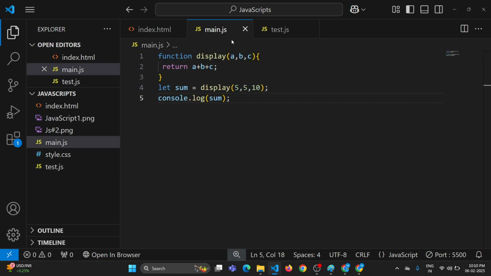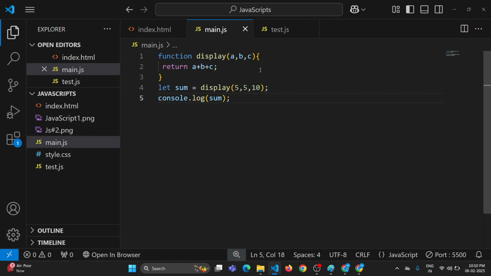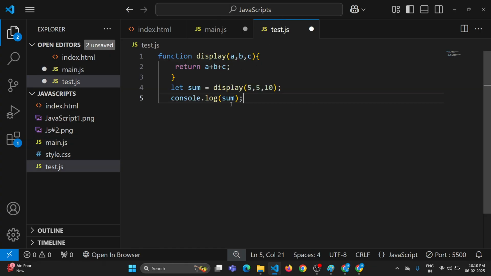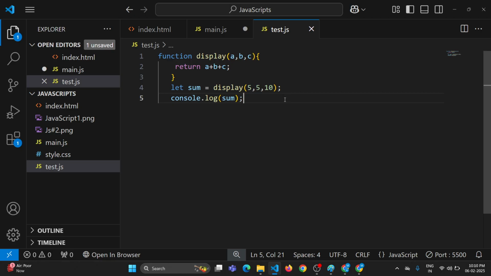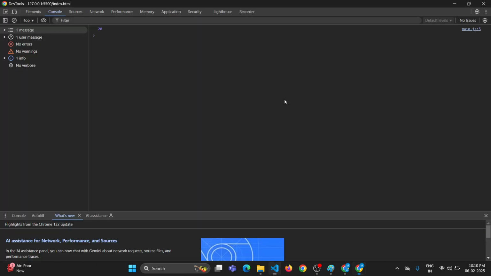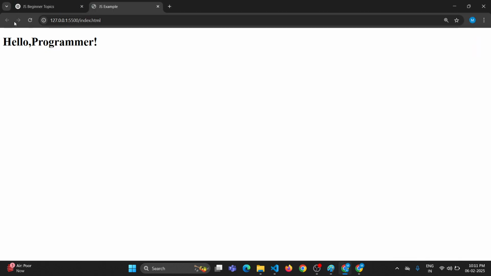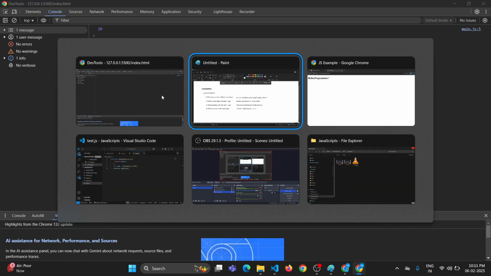Now I want this main function, right? And I don't want this code to be here, I just want to put test dot function here. So what will happen, let's see. I have removed all the code and pasted it in test.js. Now what will happen, let's see. We just have to reload the function. Yeah, I have reloaded, and